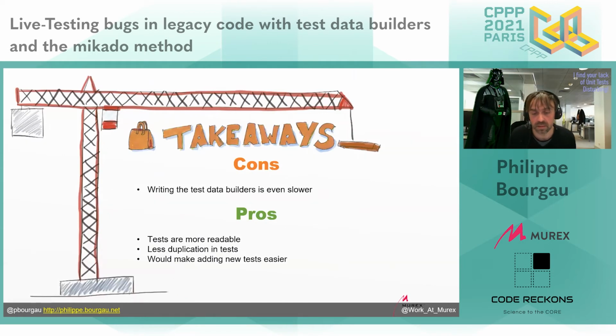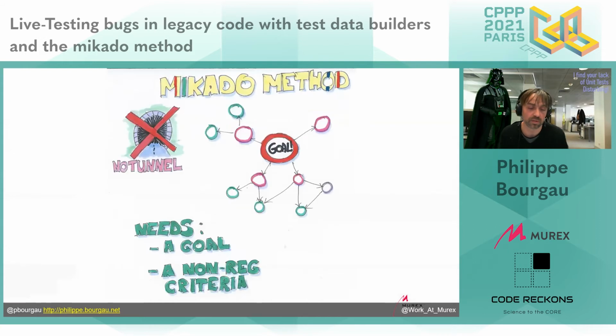So now let's see a second technique. So remember this overall workshop, the idea is to try different techniques on the same problem and then learn what works best for you. So we're going to use the Mikado method. The Mikado method is a refactoring technique that is, so let's first see who has heard or knows the Mikado method. You can raise your hand in the...